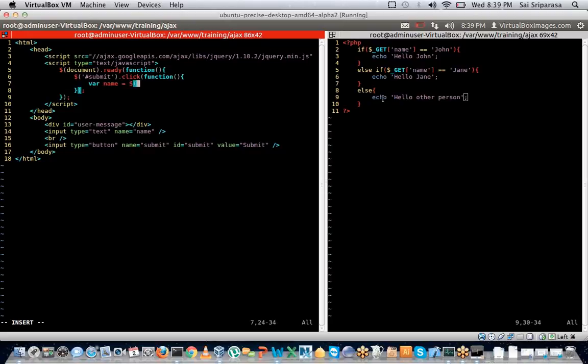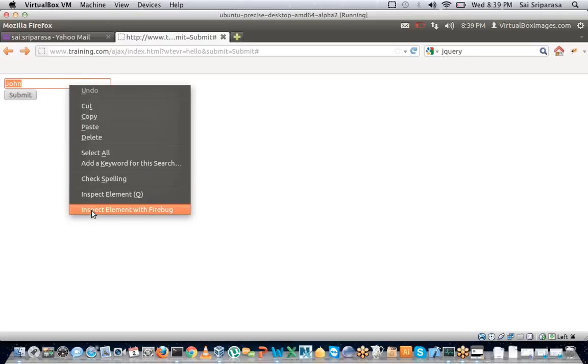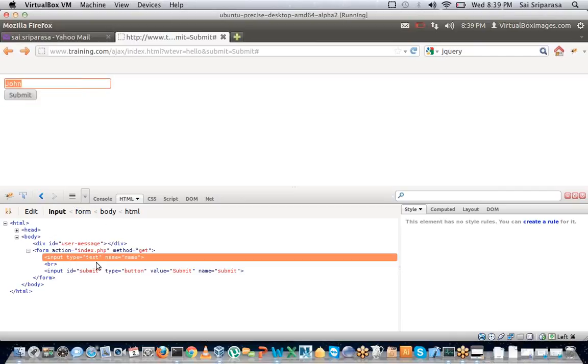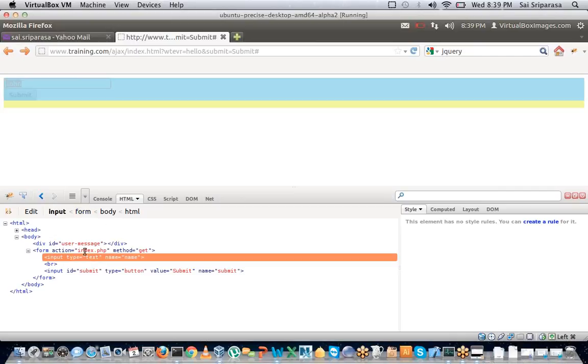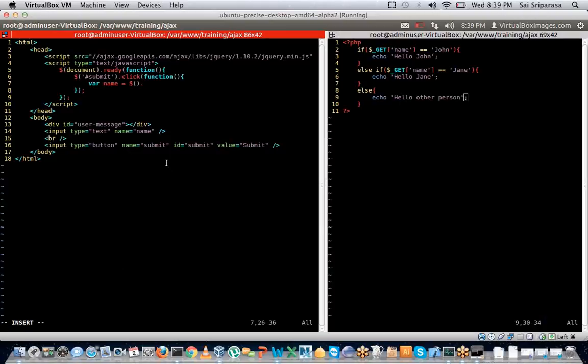So can anybody tell me how can I get the value? I mean, how can I get John out of the text box? Here, if I want to get the value of this text box, what is a good way to get the value out of the text box with jQuery? And to make it simple,